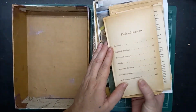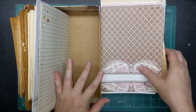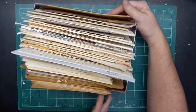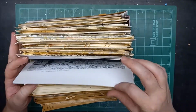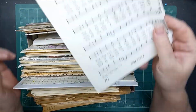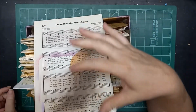and then this is all paper that I just set in here like so, so that way I can flip through it readily. And this is just kind of a selection of all the types of papers I have that are roughly this size. So even if I come across in here and I decide, okay, I want some more of this music paper, well, now I can go over to my larger storage and get out the